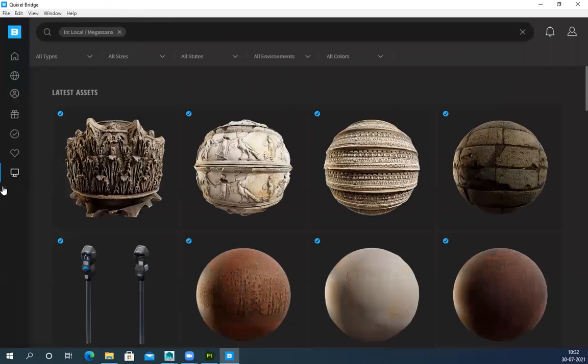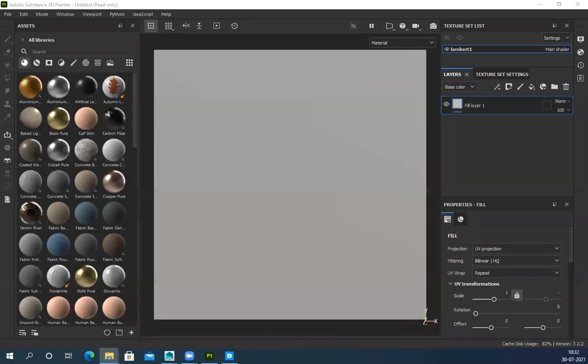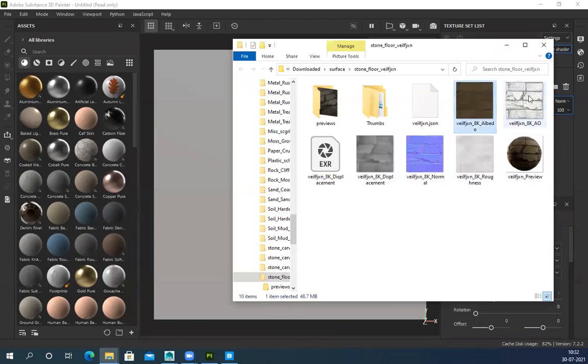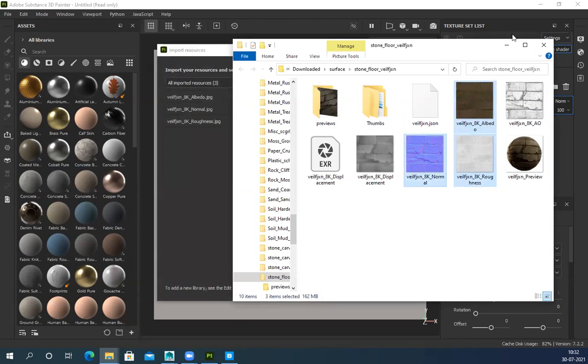Whatever I have downloaded, it's here. Suppose this is my base: right click, go to file, open that folder, and I can select all of them. Albedo, AO, let it be now, and these three, drag, drop it here.